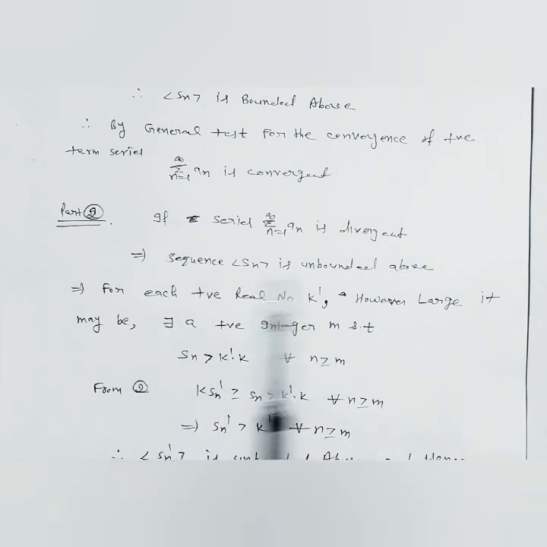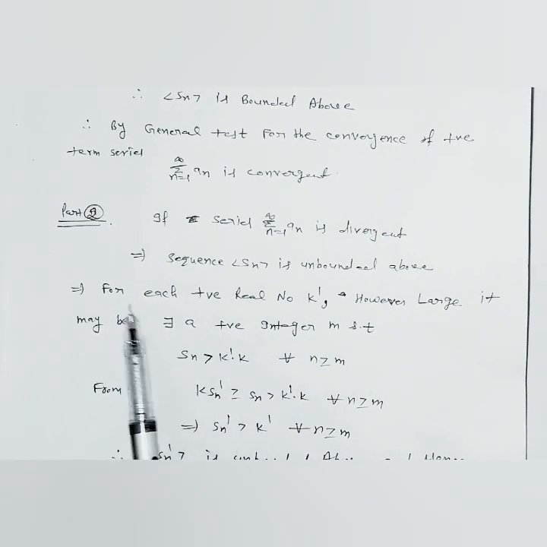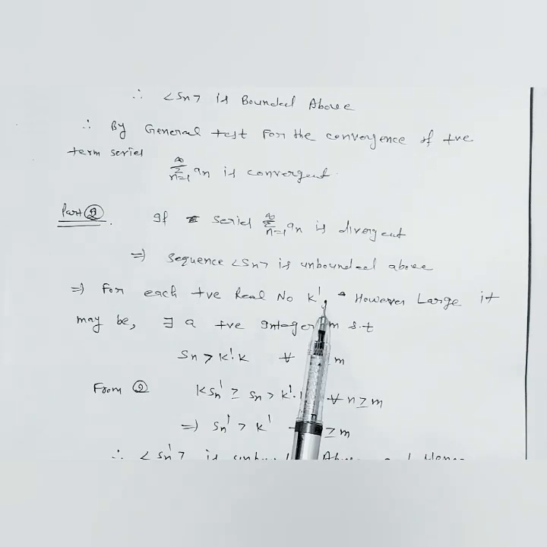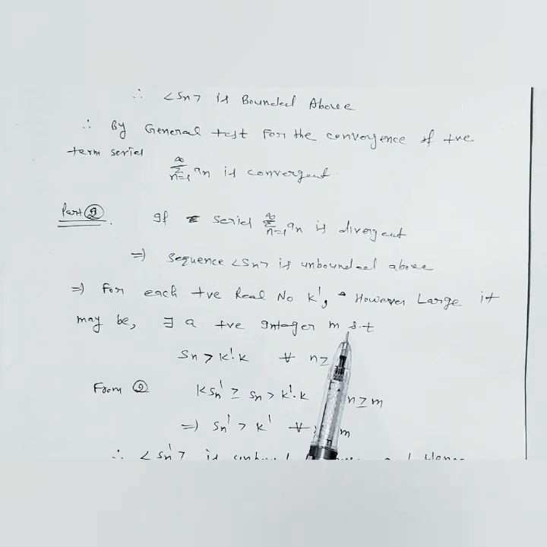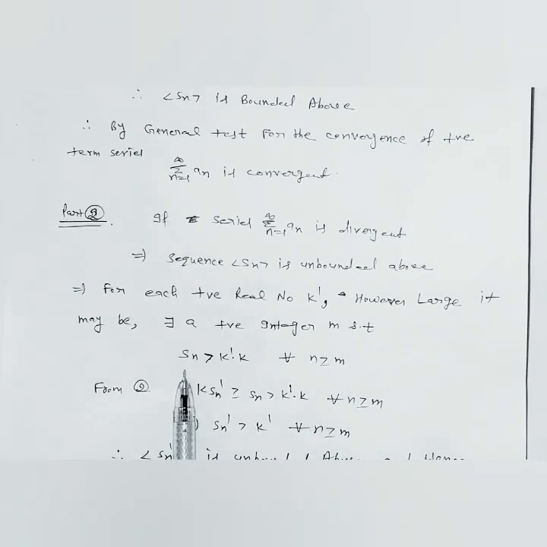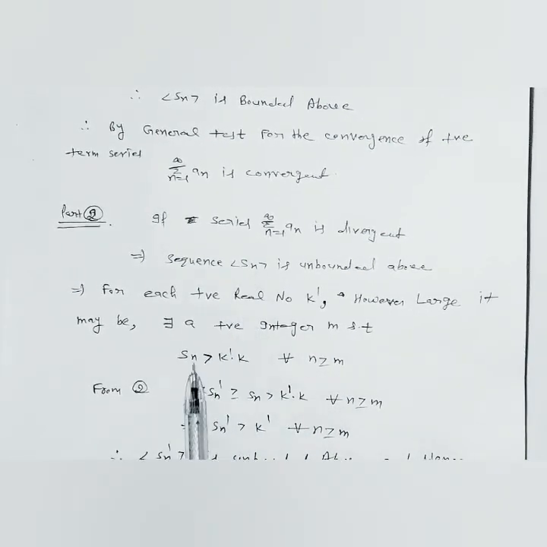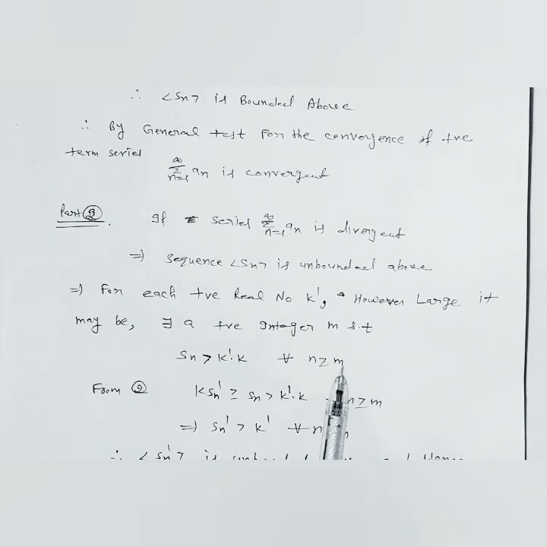By the definition of unbounded above, for each positive real number k', however large it may be, there exists a positive integer m such that Sn, that is unbounded above, so Sn is greater than k' into k for all n greater than or equal to m. So therefore from equation number 2,